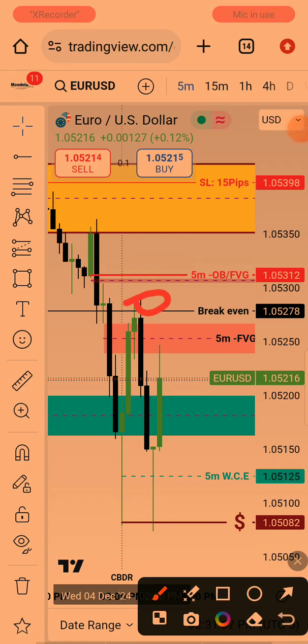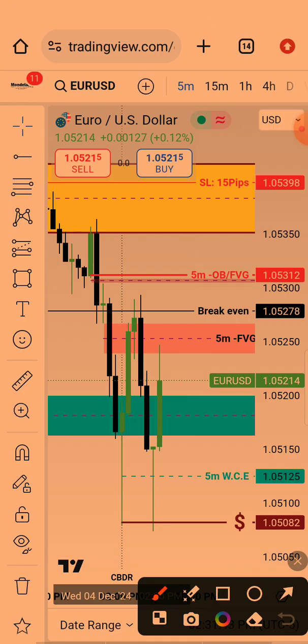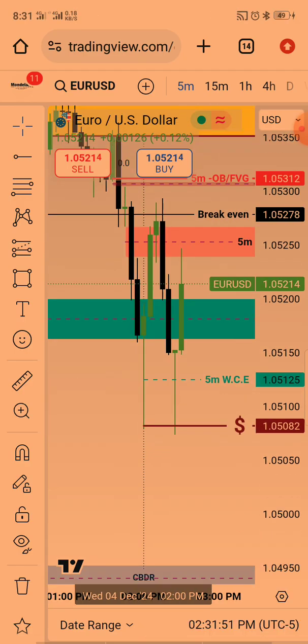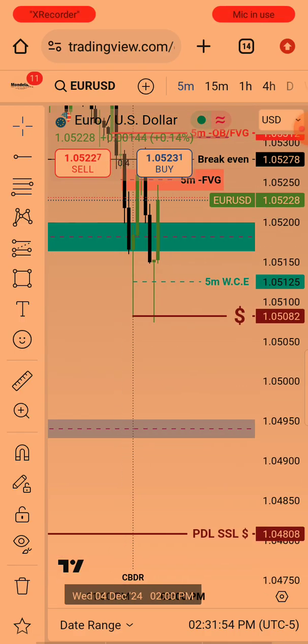That break even is where the second entry that I just put in is. My stop loss is still in this place, right? That is where my stop loss is still going to be. I've copied there. You can see when I was doing it on MT4. So now this second entry,